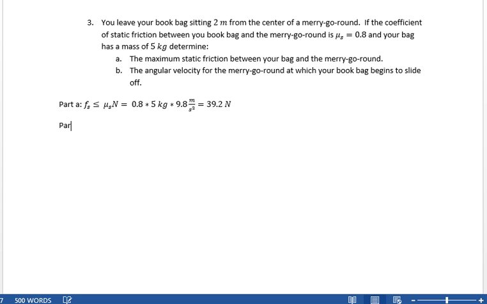All right. Part B. The angular velocity for the merry-go-round at which your bag begins to slide off. Right? We're going to need to determine the angular velocity of the merry-go-round at which the bag begins to slide off. Well, it begins to slide off when the centripetal force exceeds this 39.2 newtons of frictional force that we have. Right? And so the centripetal force